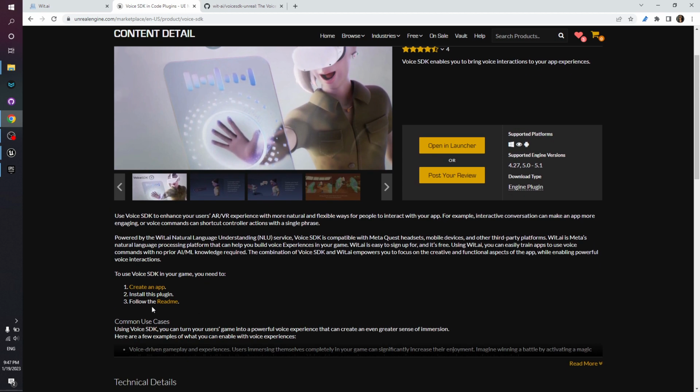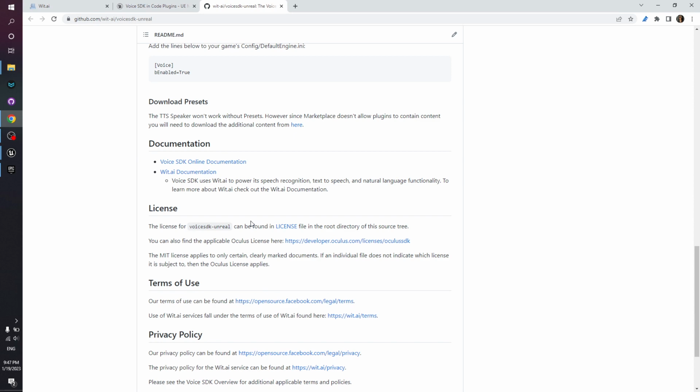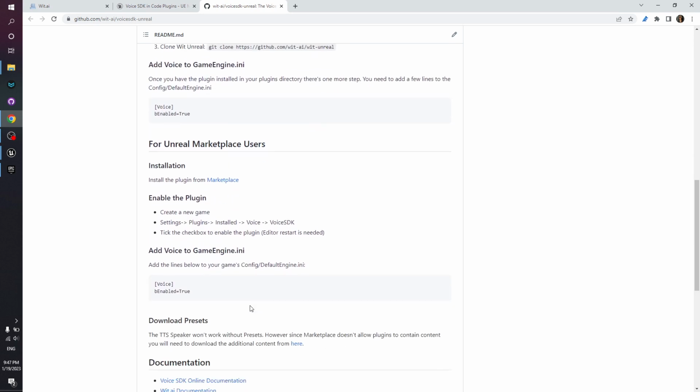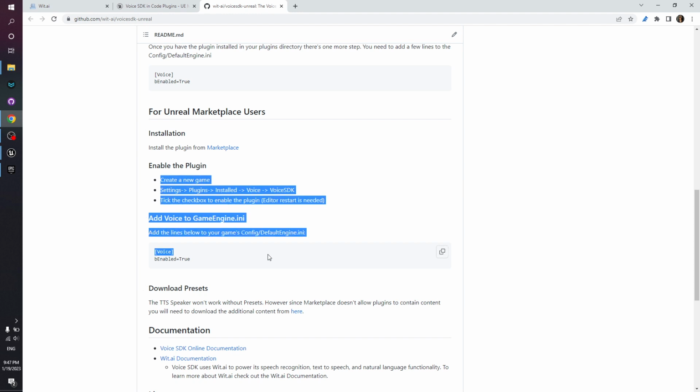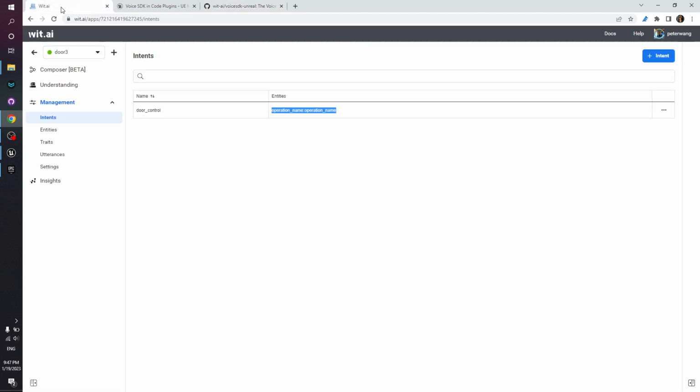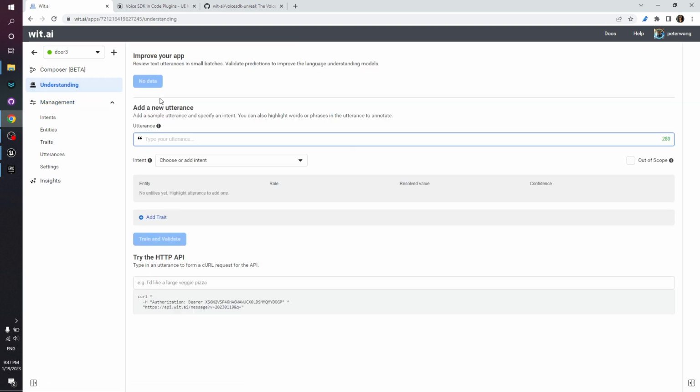And next we installed the plugin, and we set up the plugin by following this page, and we enabled Wit SDK, and then we came over to Wit.ai, created the app, and then we teach the AI to let the AI know what kind of voice command we want to offer to user,